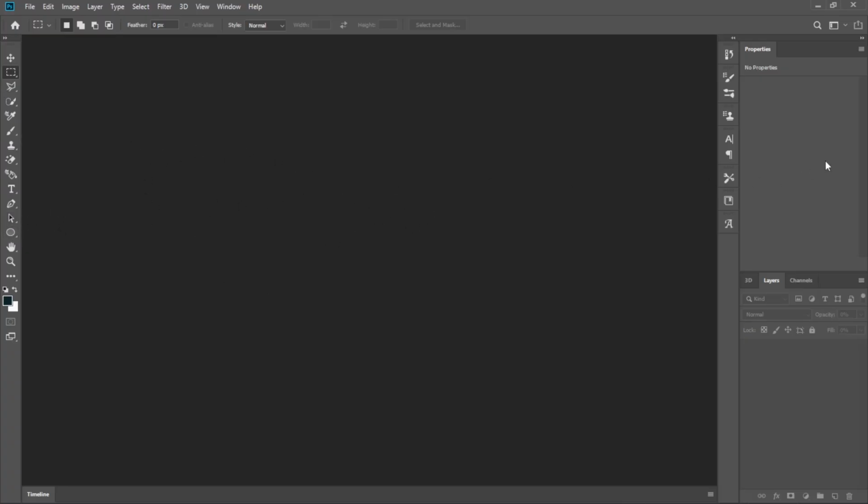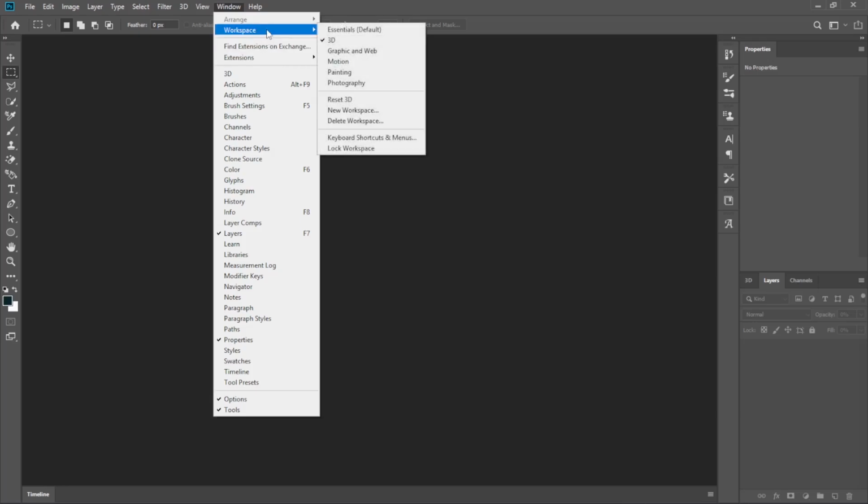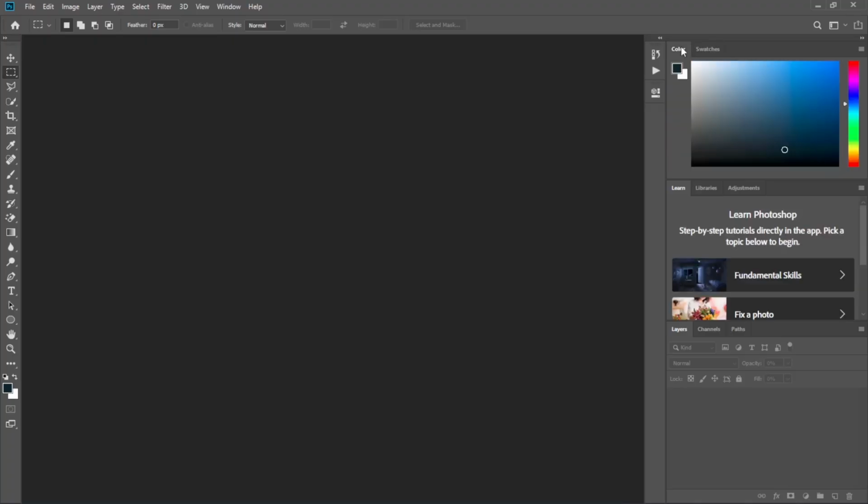So when we come here aside, it's where we call the panels. This area is there to provide the sections of colors. Like for example, when you come here to the window, then we come to the workspace. Then we come and look for the extension default. When we click, you can see that it is blinking. So I have just selected that one because it is the most used default one, whereby we use it to manage and